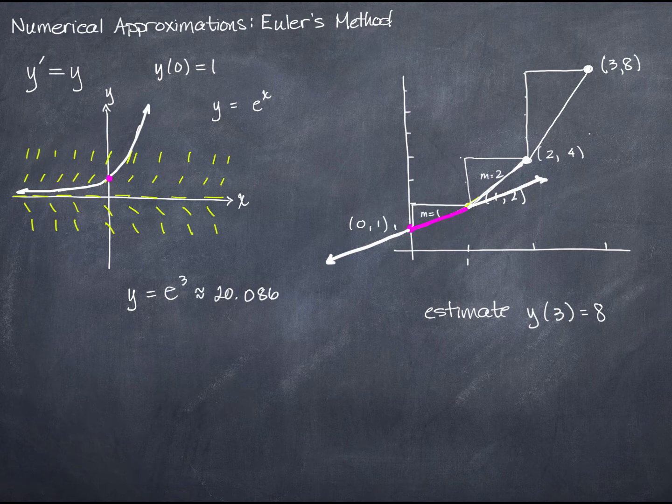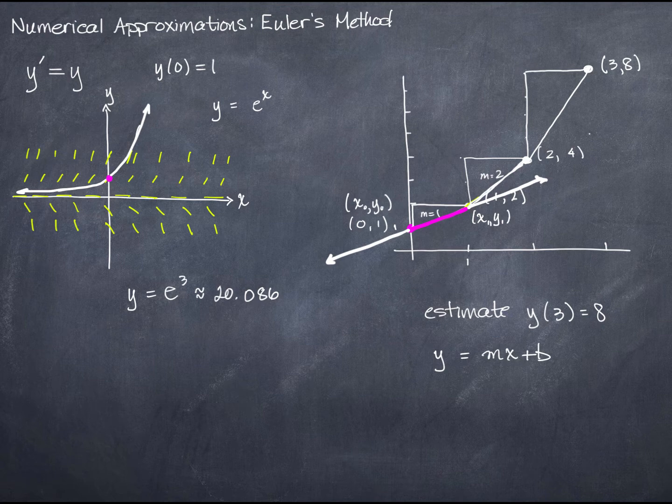And I can come up with the equation for that line. We know the equation of a line is y equals mx plus b. And I should probably also point out that this initial condition, we often label this x naught, y naught. And so that first y value there, the one that I was given as part of the parameters of the problem that I'm trying to solve, that's my y naught. And what I'm trying to do is get to this next y value here. So I'm going to call this y value y naught, and this y value y1,